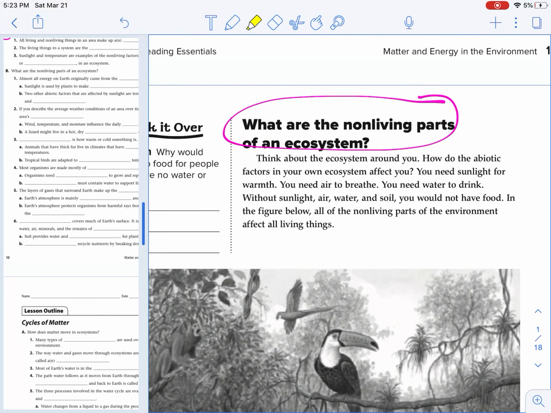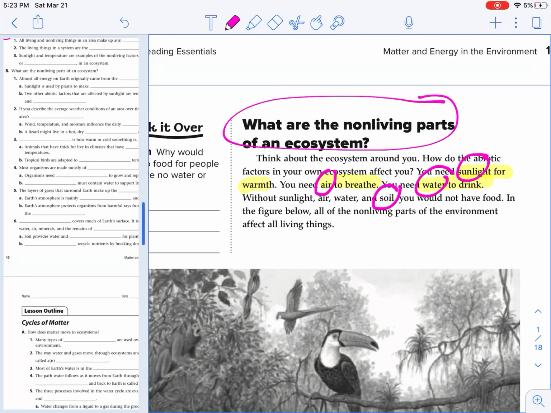How do the abiotic factors, remember that abiotic factors are the ones that are not alive, in your ecosystem affect you? You need sunlight for warmth. You need air to breathe. You need water to drink. So all of those, sunlight, our air, our water, are abiotic factors. They are not alive. So without sunlight, air, water, and soil being another one of the abiotic factors, you would not